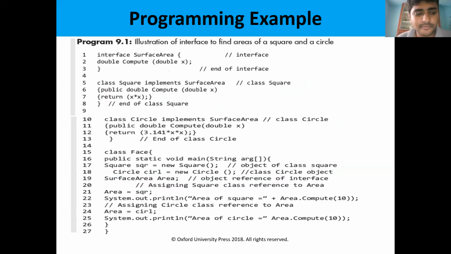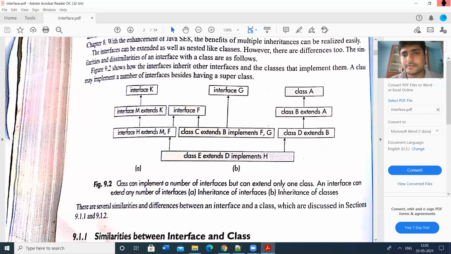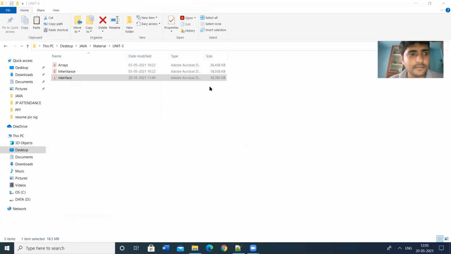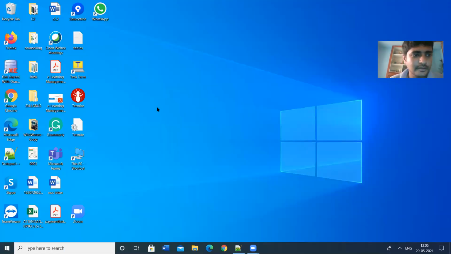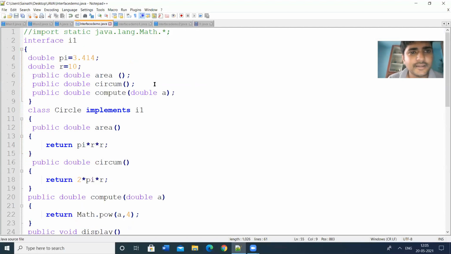So let us have some examples. I have created some programs.